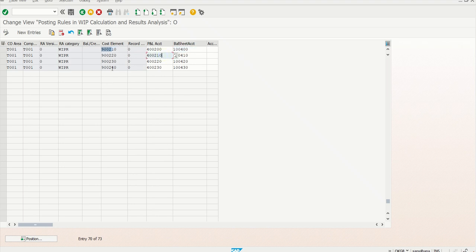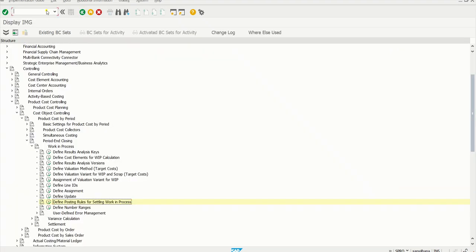If we are not giving any cost element here, then the system is going to update all the WIPs into one P&L and one balance sheet account. But if you want to see the bifurcation of WIP at each item level, like material WIP, machine WIP, labor and everything, then you have to give the secondary cost element here. Against that, you can give the P&L account and balance sheet account where the WIP has to update. Only by giving this is the system updating your WIP into different P&L and balance sheet accounts. So this is the place where we do the WIP configuration. Okay, then finally the number range, we will maintain the number ranges.